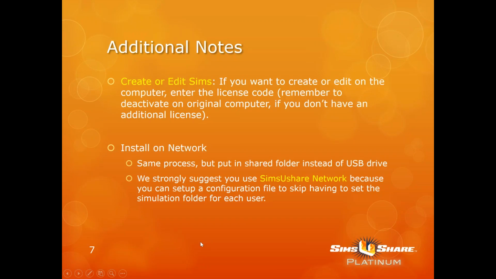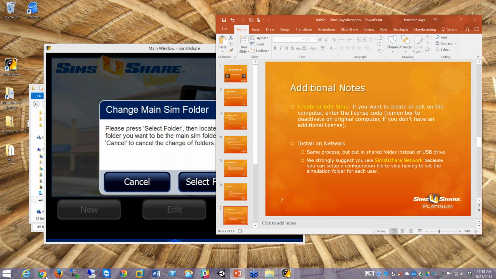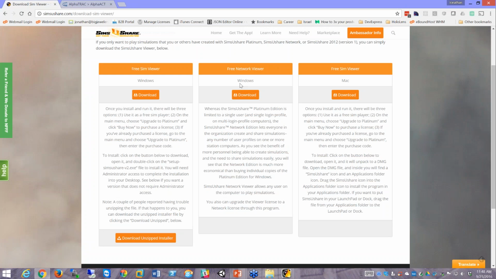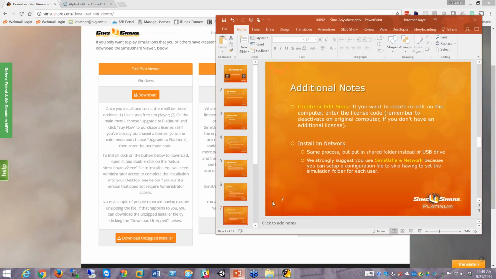So now, for installing on a network, you can do the same process whether it's a USB drive or a shared folder. It's the same process, but you put it into a shared folder instead of into a USB drive. However, we do strongly suggest you use the SimsUshare network program, that was one of the three, I'll sort of show you over here, that was the network viewer. This network viewer has a couple advantages. Namely,